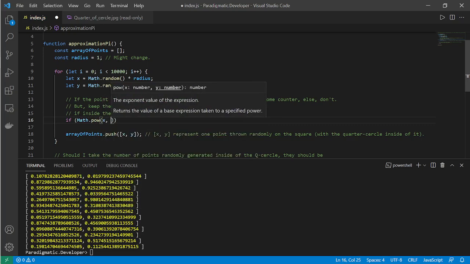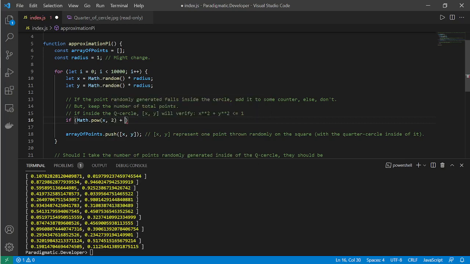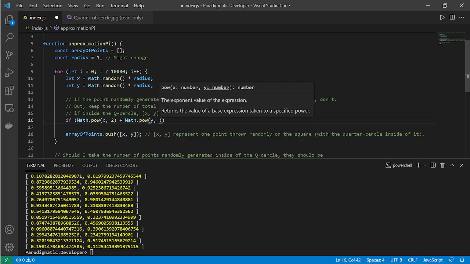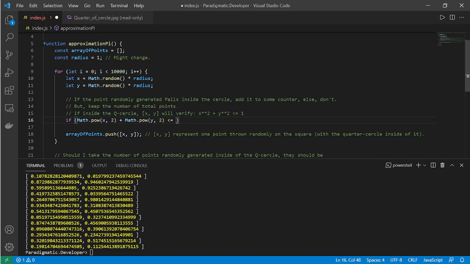Take x and raise it to the power of 2. Add to it y raised to the power of 2. And verify if it's under 1. If so,